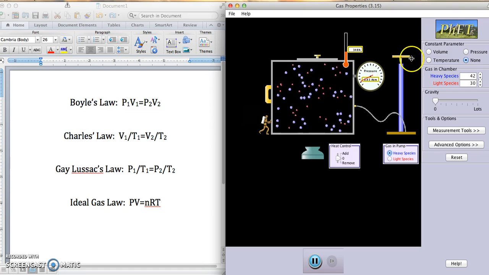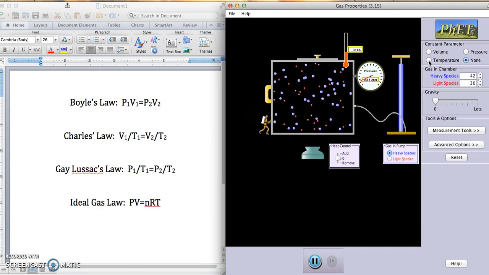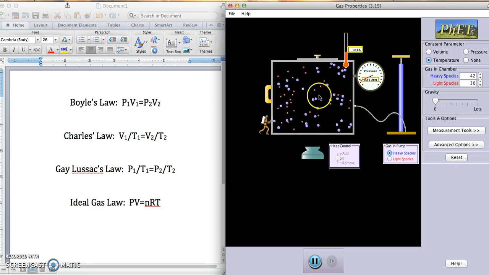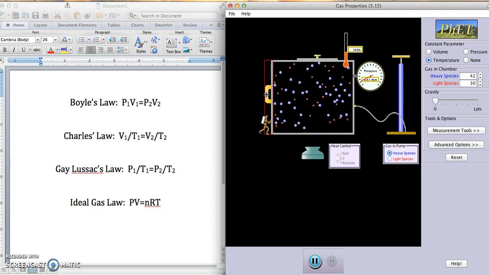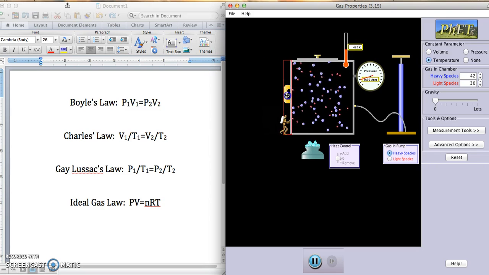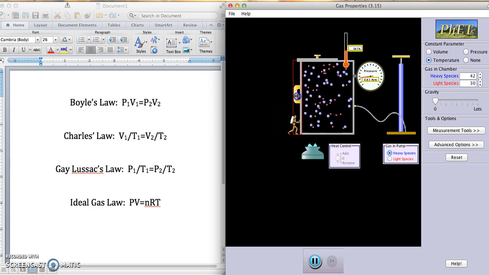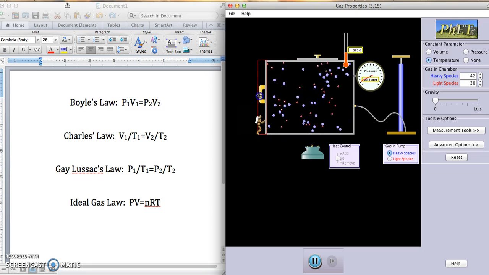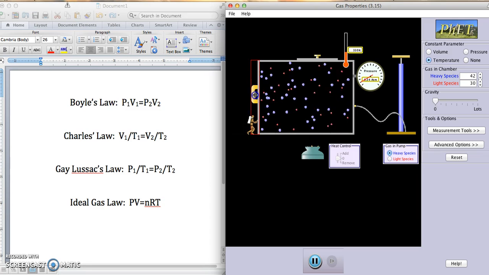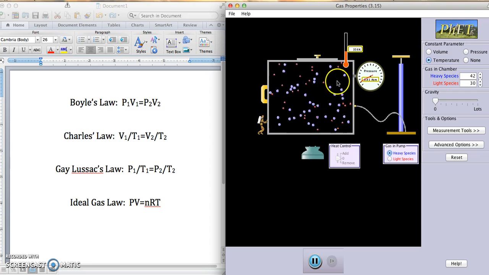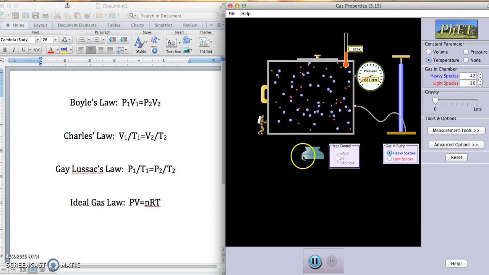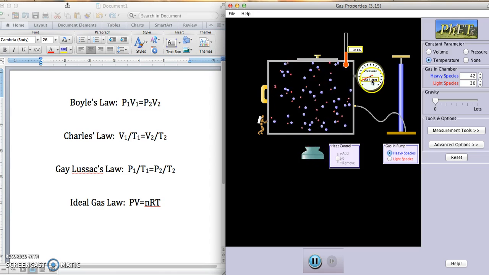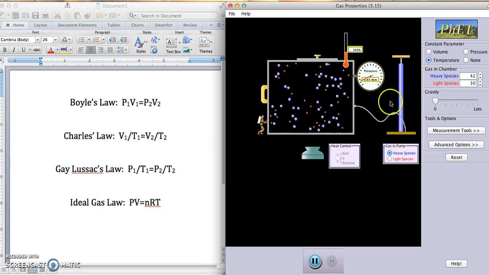So in Boyle's law, the temperature is not involved in this equation, so using this tool here, I can keep the temperature constant. And I'm going to change the volume, and as I decrease the volume, you can see that increase in pressure on the gauge. Whenever I increase the volume, you can see that pressure is relieved and it begins to decrease. If you notice that ice or this fire right here, that is to heat or cool the system, and that's going to stabilize the temperature and keep it constant.